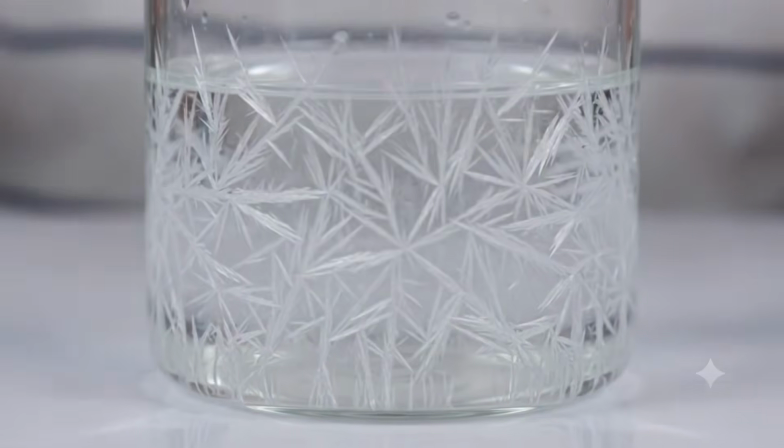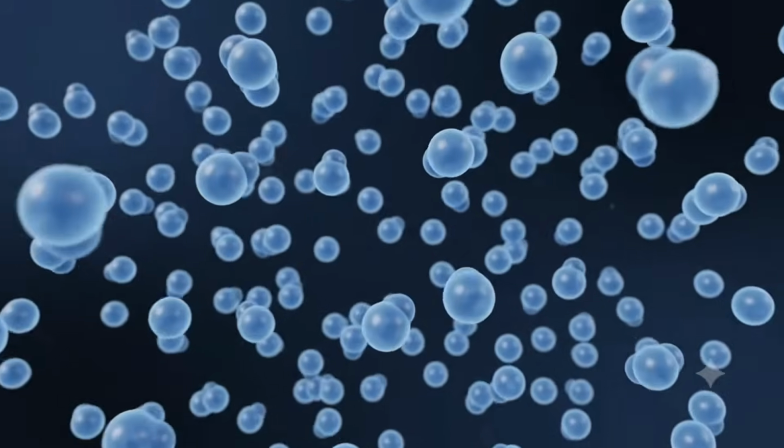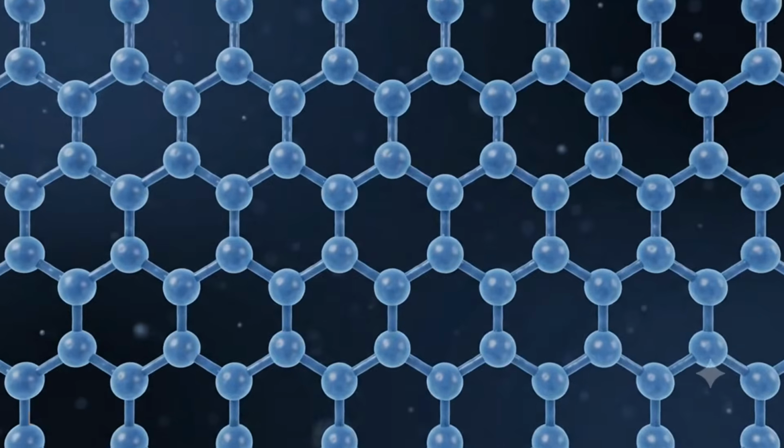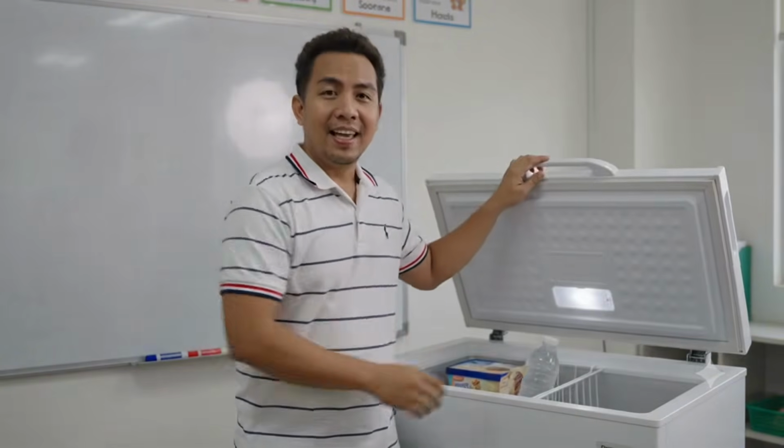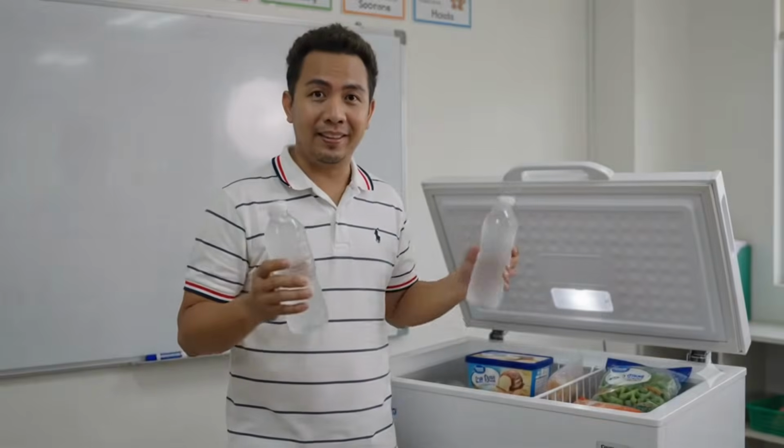Freezing happens when a liquid loses enough energy, causing its particles to move more slowly and become arranged as a solid. As water loses thermal energy, its particles slow down and become more organized. Eventually, the liquid changes into solid ice. Water turning into ice inside a freezer is freezing. This process happens when enough energy is removed from a liquid.